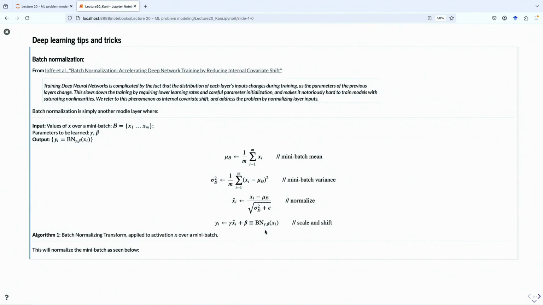Scale and shift. Okay. So the important thing right here is that there are two learned parameters: gamma, which changes the stretch of the input, and beta, which simply moves the mean around. Why is this important?